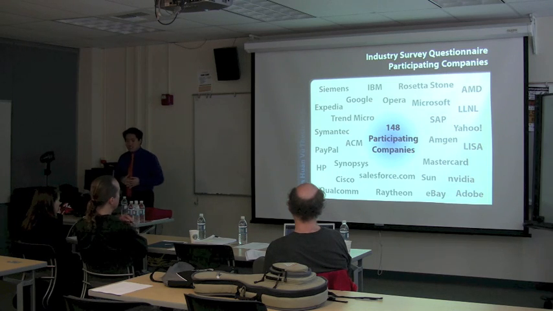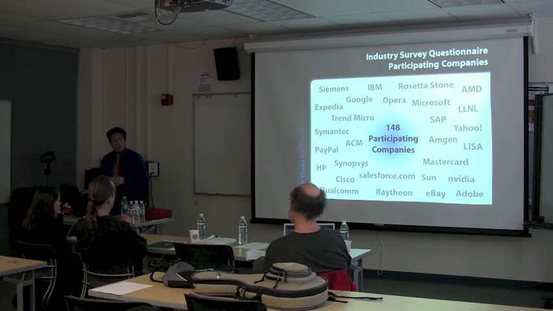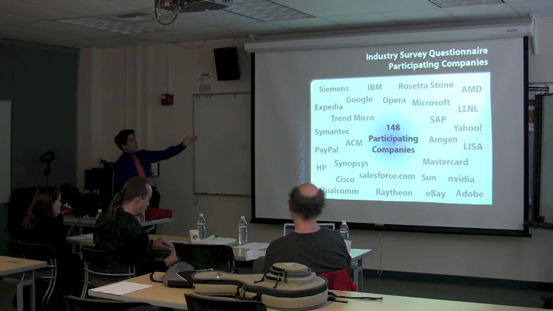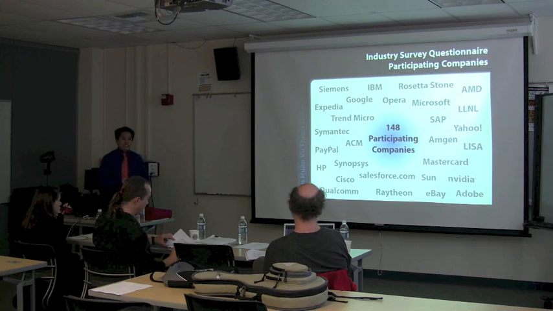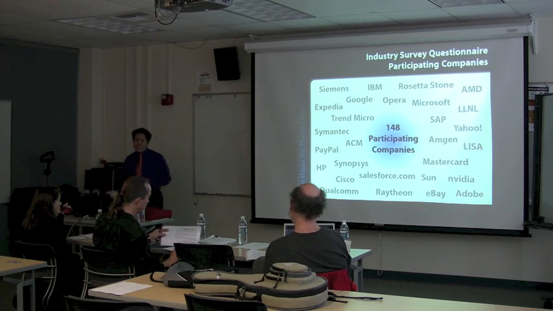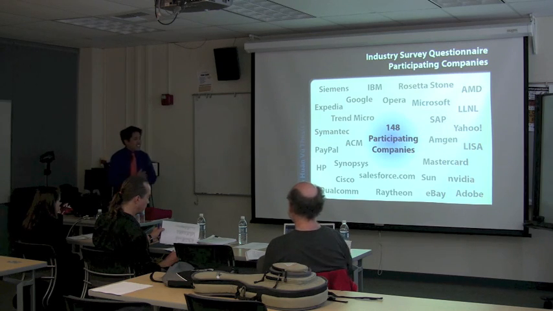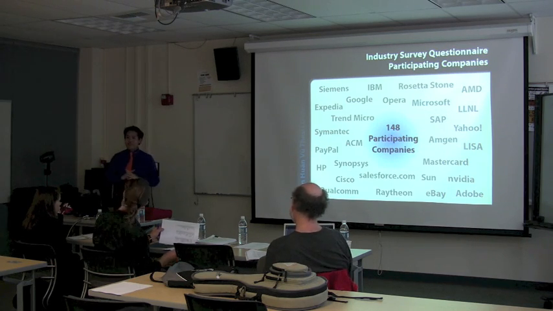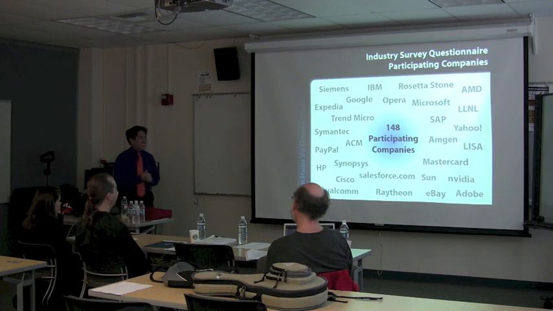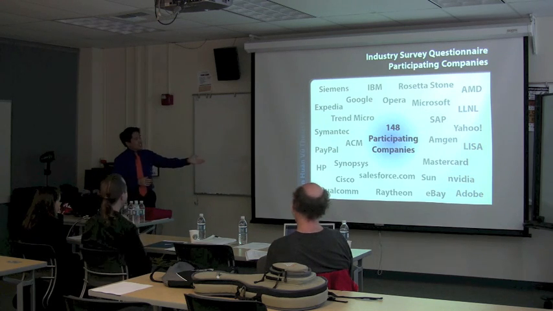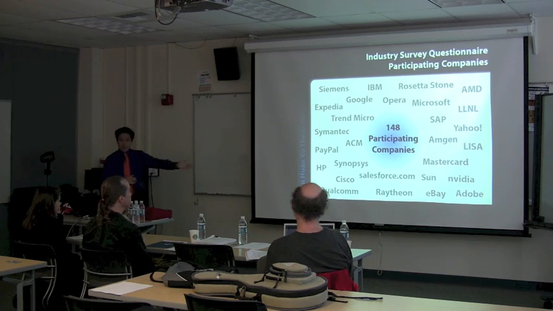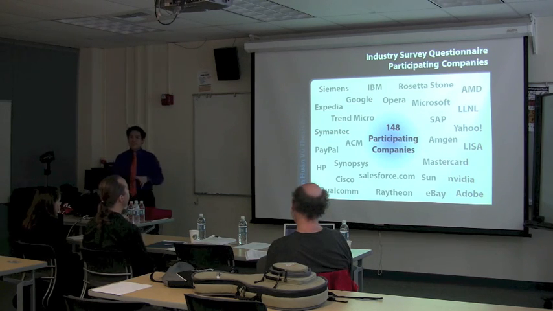Now, as for participating companies, there were a total of 148 distinct companies. A full list can be found on page 4 of your handout. You can see these are the big companies that I want to list out there. The only company that I was kind of shocked by, even though I talked to them directly multiple times, is Apple. They apparently refused to answer my industry survey questionnaire. But I was able to get Google, Microsoft, Adobe, of course, MasterCard too, and Sun Microsystems before they are...